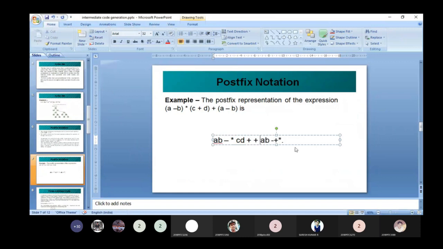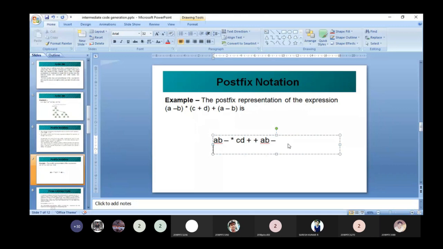Okay, so this is what we get after converting the parentheses: AB minus star CD plus AB minus. Okay, so next we have to convert this again. AB minus is one operand, CD plus is one operand, and in between, the binary operator is star.